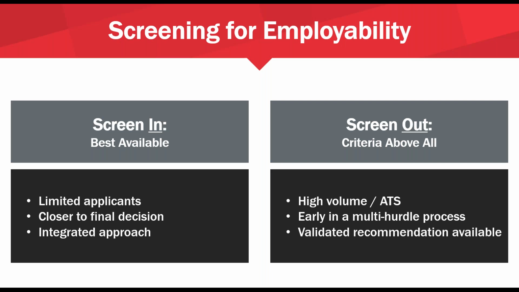We work with a cellular company here in the United States. They screen roughly 165,000 people a year, which again is a large scale process for them, given that they have 6 recruiters. So what they do is they take a screen out approach and put their different hurdles early in the process that can be automated, that can be fit into their applicant tracking system or their HRIS system, and provide a recommendation that moves someone on to the next level.